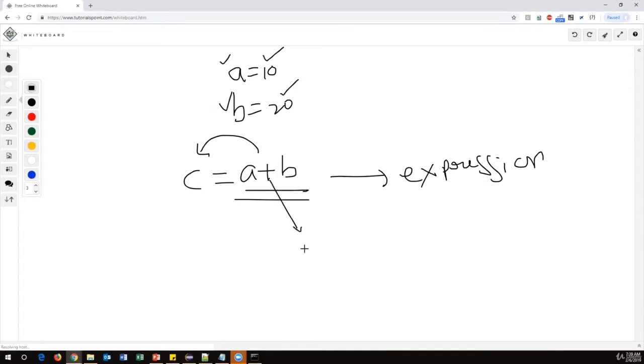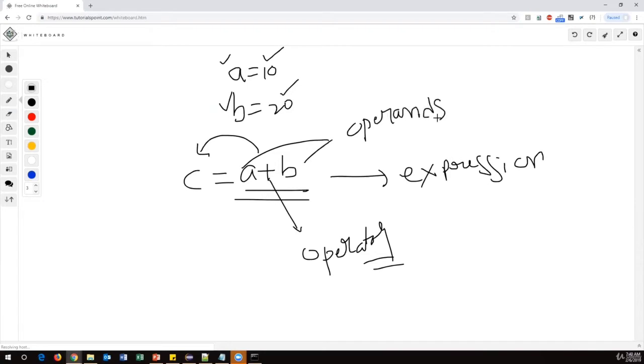Operator. An operator means it will perform a certain operation between two operands. Here A and B are called operands.